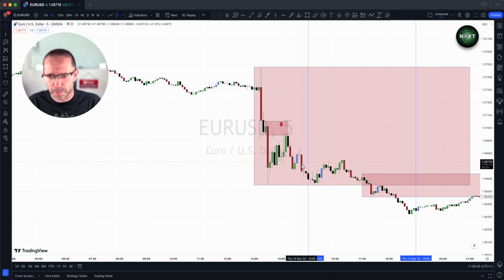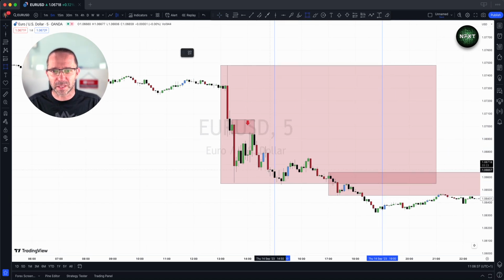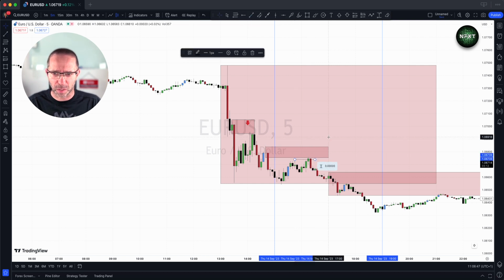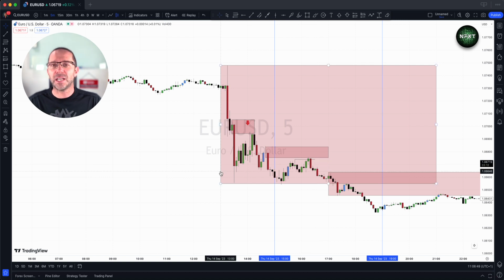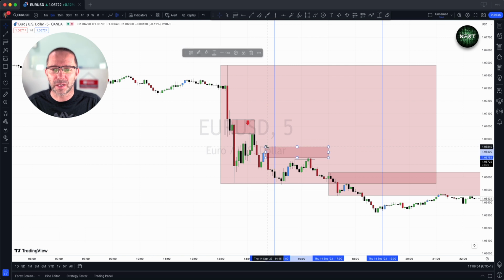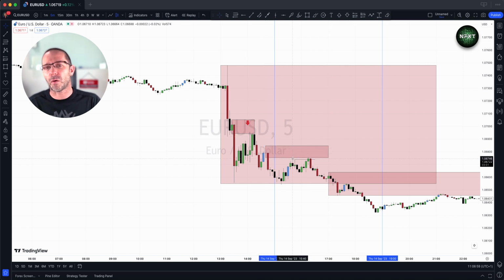So this leaves this push down in the market. This leaves this area of supply on this indecision candlestick. We have a pullback into that supply, and we also have a sweep of this high. Now there's a few ways we can look at taking an entry on this type of strategy. The first one is we can look for an entry typically off the zone. So especially if we see this build up of liquidity below a zone, we can simply look to take an